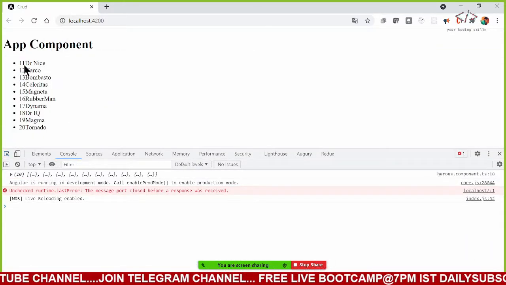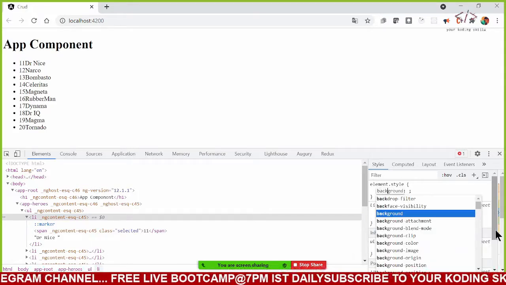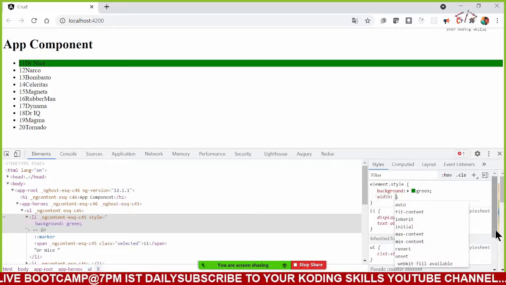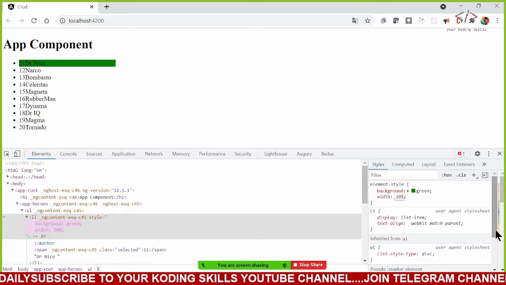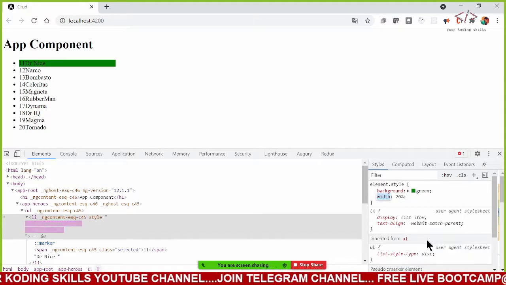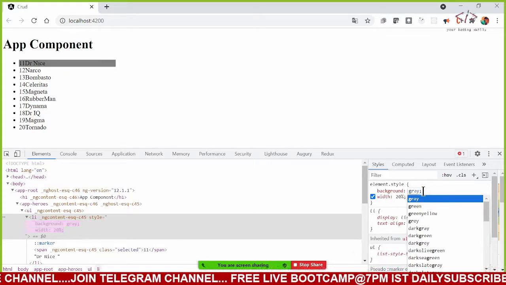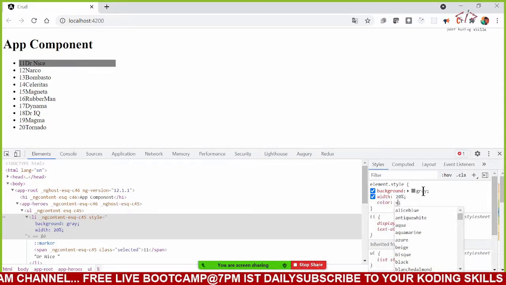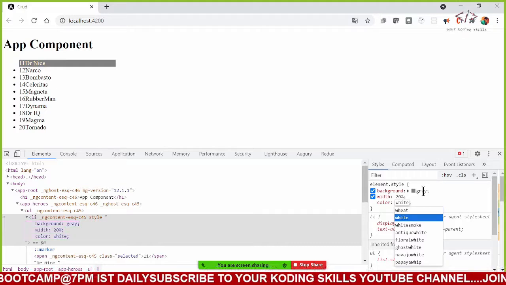If I select one of the list here, let me add a background color for this to some gray, and let me have the width of this one to be somewhere around 20 percentage. Cool. And I don't want green, I want gray. Okay, gray. And for gray, I will give color equals to white. Not good, no? Okay, it is good.